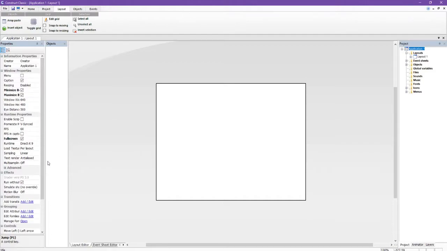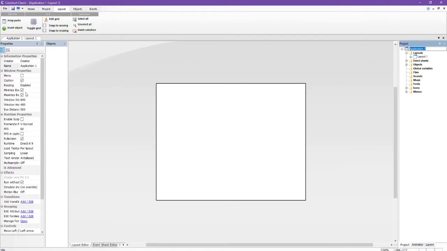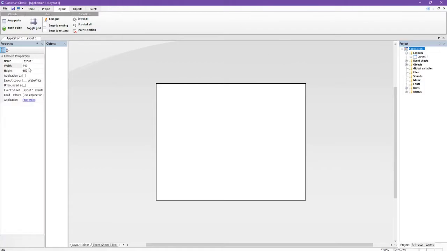So once you've got that all settled the way you want it to be, you then can click anywhere on this, your first layout here, and it brings you back to layout over here on the layout properties. And this is where what the window sees, 640 by 480, and what the layout sees is two different things,